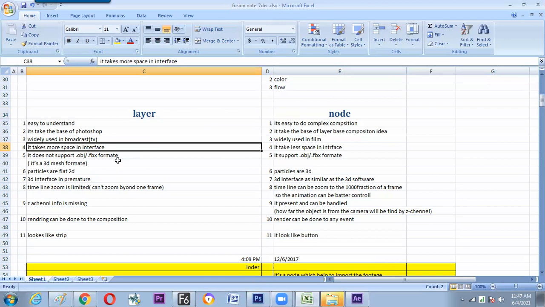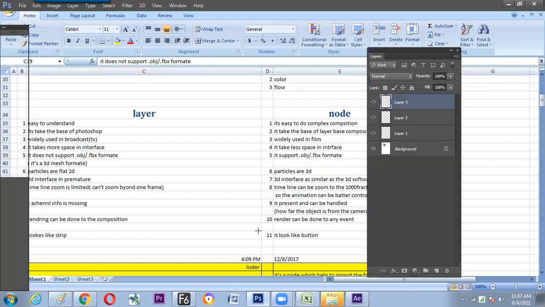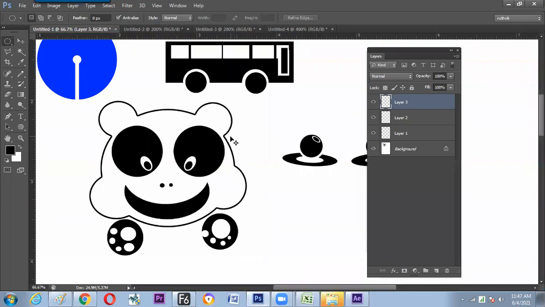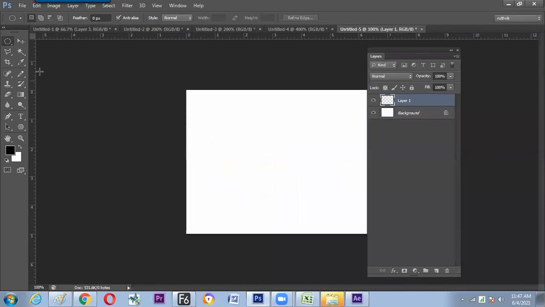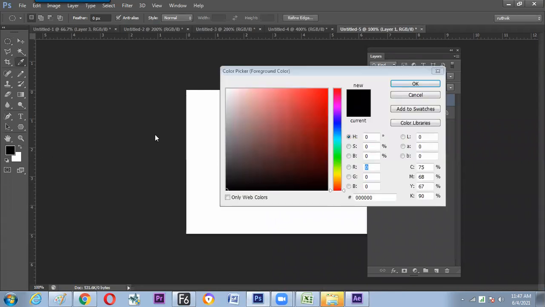Already you have explained. It doesn't support OBJ FBX format. After Effects doesn't support OBJ. They are the two formats in which 3D applications create files. Nowadays, Photoshop is also capable of making OBJ format. Let's take it that we have already learned Photoshop, then hope this screen is understandable. And this is a small circle we are making with any color, doesn't matter,